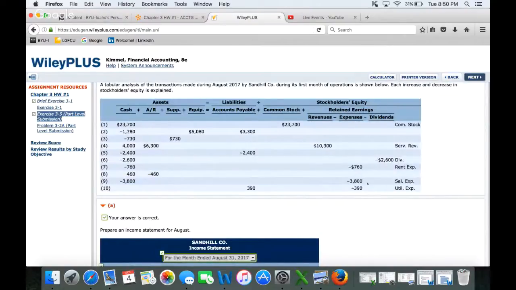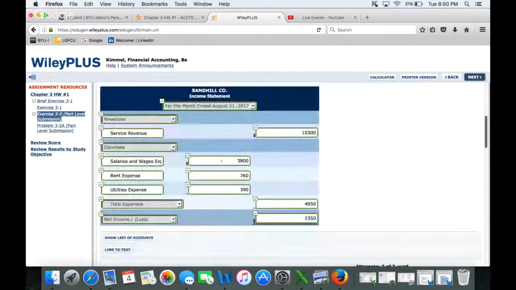I always post those in order from the greatest value to the least. So we were able to list the salaries expense at $3,800, the rent expense at $760, and the utilities at $390. As you can see right there, I put them all in the same order, from greatest value to least value. And then you add all those together, 3,800, 760, 390, to come to total expenses of